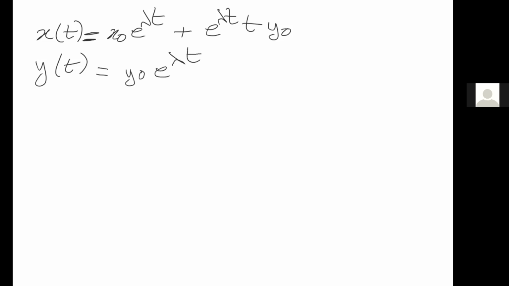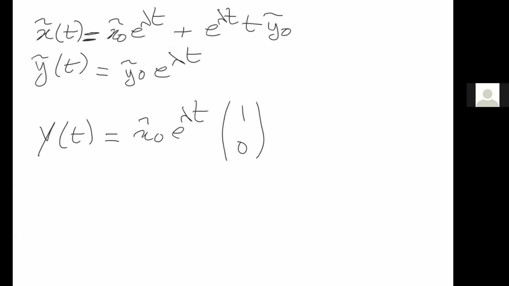And if you remember, I wrote it like that. So I wrote y of t equals, so if you don't mind, I will just put some tildes here, because now I want also the solution of my original system. So I can write it as, if I put the x tilde 0 here, exponential lambda t, then 0, and plus exponential lambda t y node